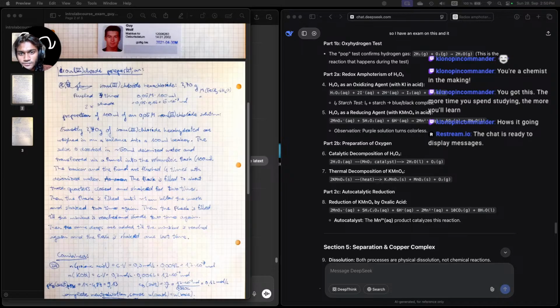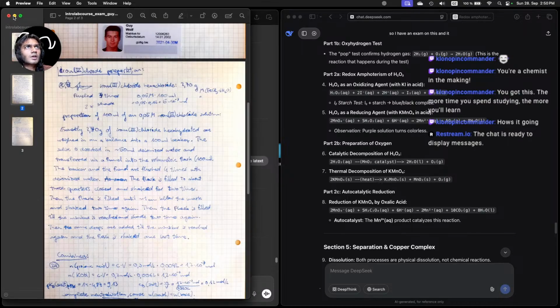Hell yeah. Mm-hmm. That's a periodic table. Okay, I think this one I don't want to read right now, but